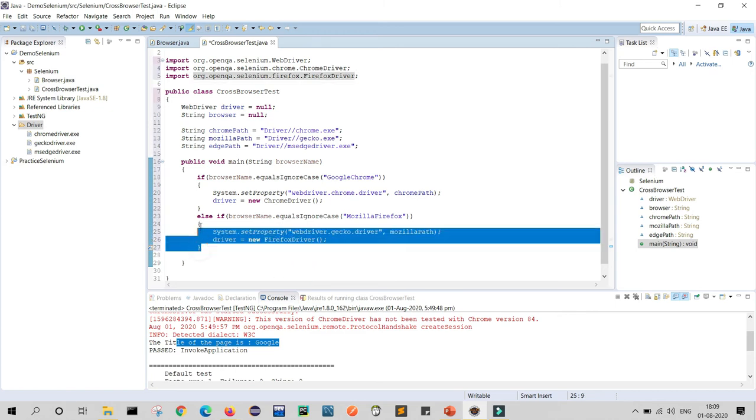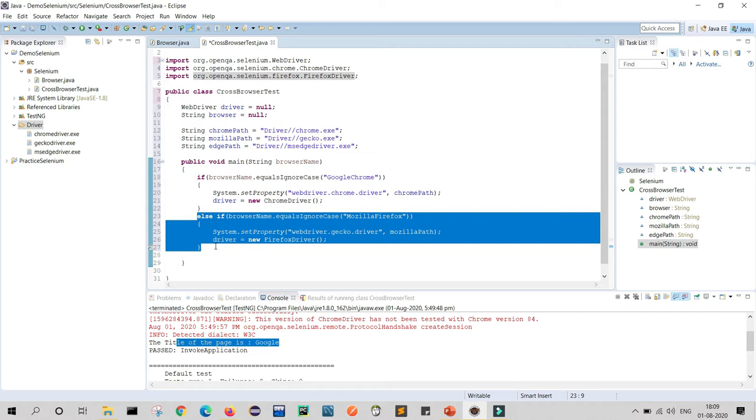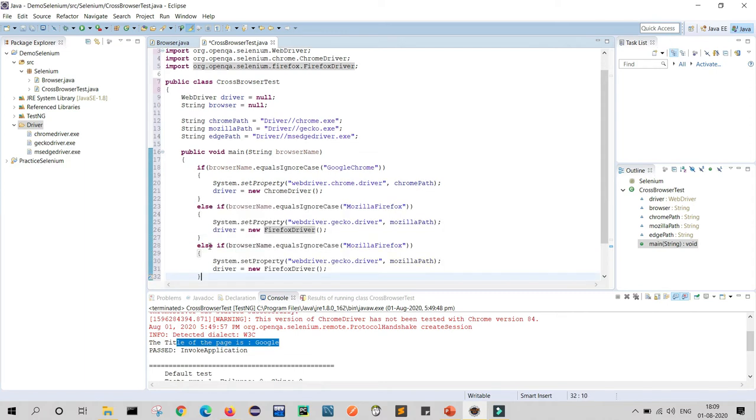Similar activity will happen for Microsoft Edge.